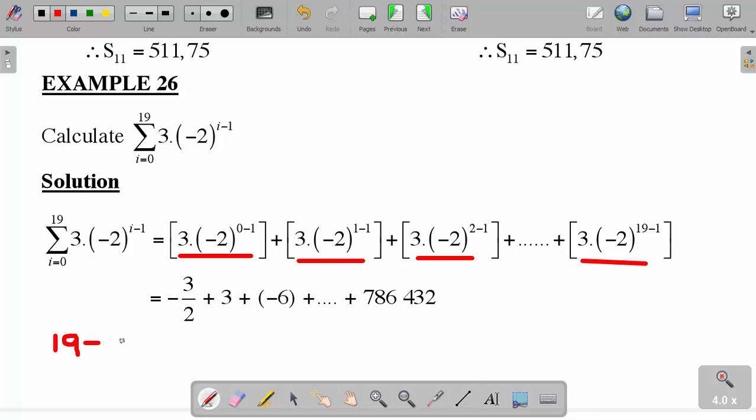So it's going to be 19 minus 0 plus 1, so that I get how many terms? I get my n as 20. So it means I'm going to find S20 for this particular series. Any questions? I hope we are together. Let us proceed. Now to continue with this example, we have seen that